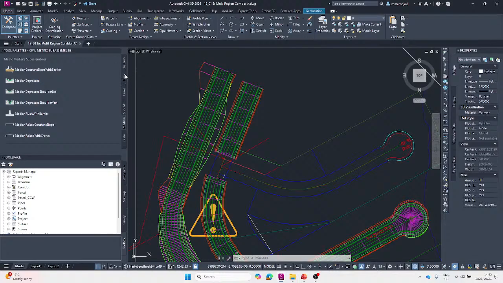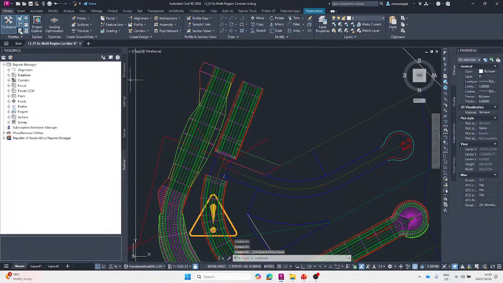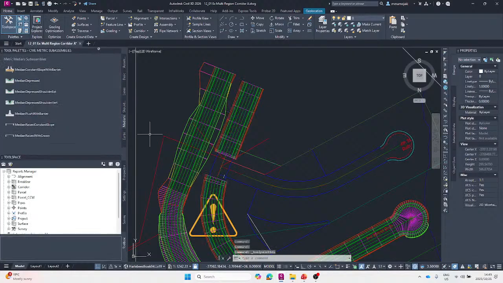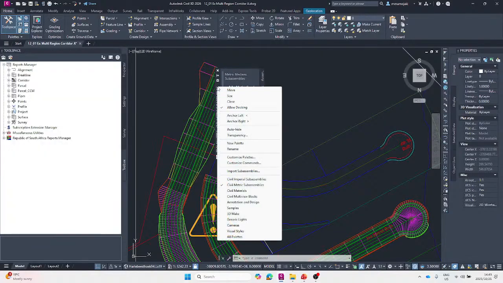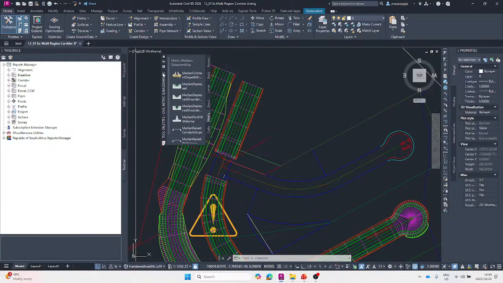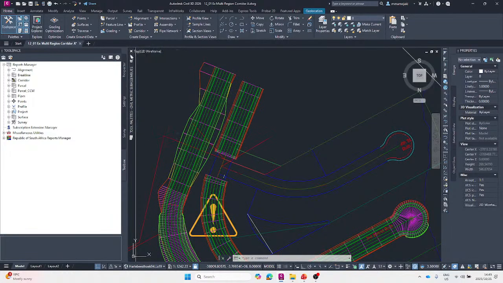So assemblies, your basics, your lanes, your shoulders, and your medians, as well as curves that you can add within your drawing space. And once you select it, then you can add it into your Civil 3D interface. So you can simply also drag it. Yes, you can simply drag it, and if I right click, I can simply move it. Let's say maybe I move it to there, and if I tab,